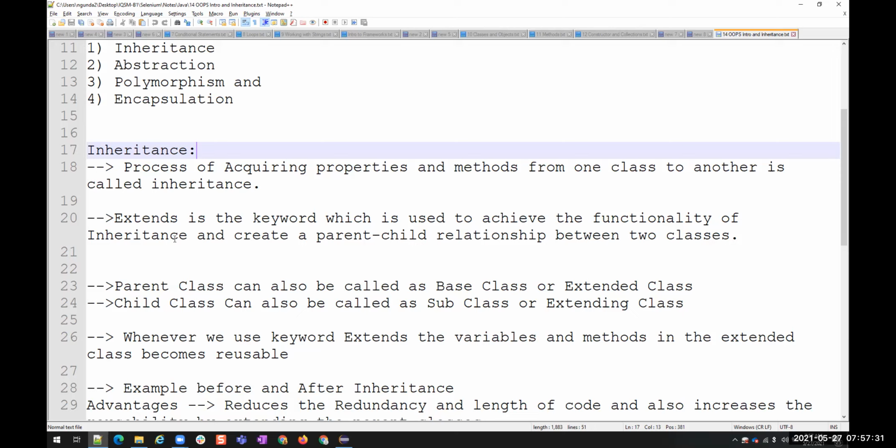Because I'm a child of that person. Whatever properties my father has, I will be able to use them, enjoy the property, or improve the property. But I'm adding to my father's property. I'm not having a separate thing, right?